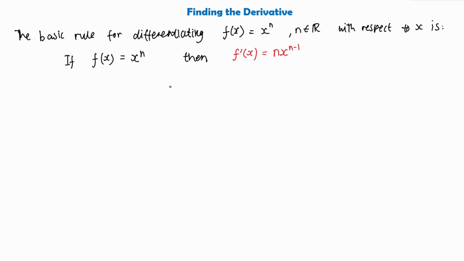Now, we're not always going to have an equation that is a function. We might be asked, for example, to differentiate some sort of equation that's of the form y equals and then some equation. Well, in this case, the symbol for the derivative is not going to be f dash x. The symbol is just going to change to dy divided by dx, which means the same thing. It's still the derivative, and we still do the exact same process, but because we've not got a function, we've got an equation, we need a different symbol. And what this means here is differentiate the equation y, and then on the bottom, it means with respect to